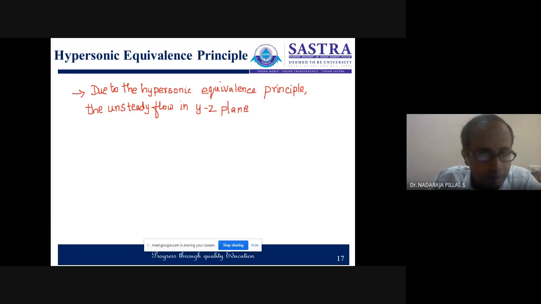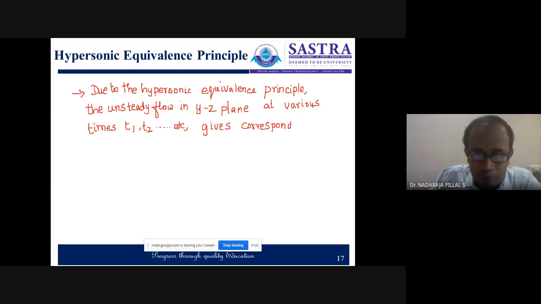The unsteady flow over the YZ plane at various times, say time is equal to T1, T2, T3, and so on, gives corresponding steady flow results in the YZ plane,